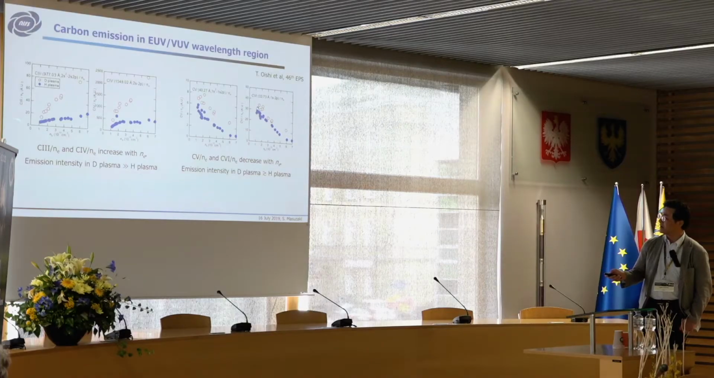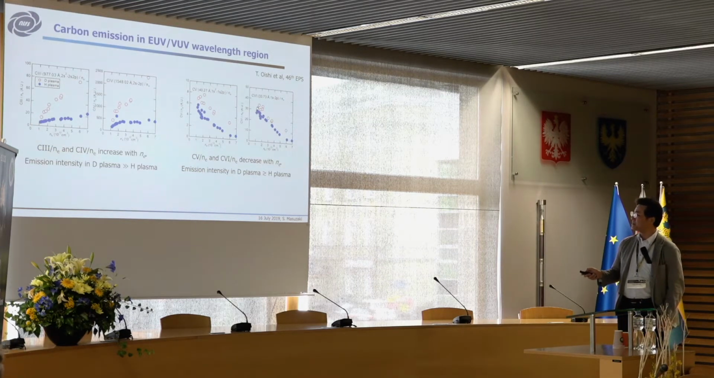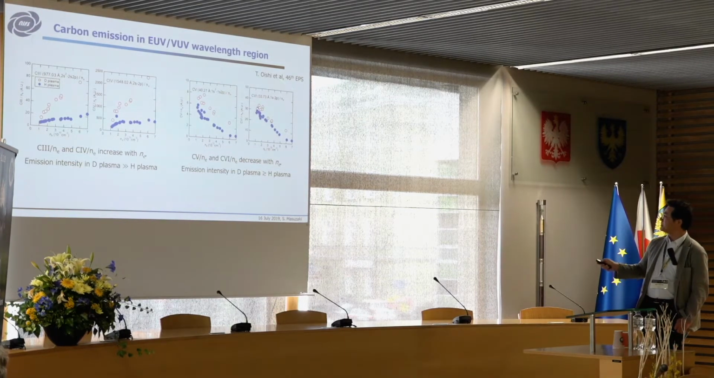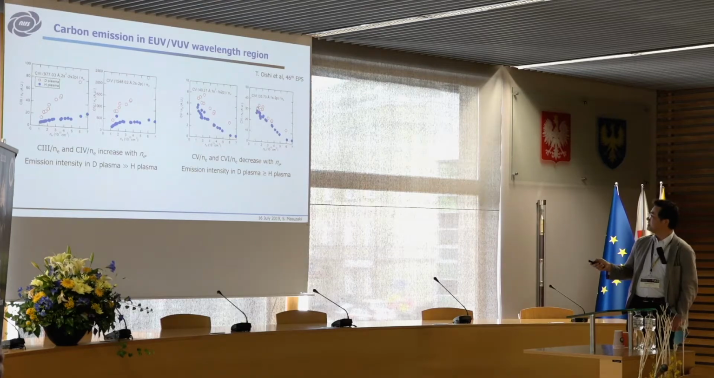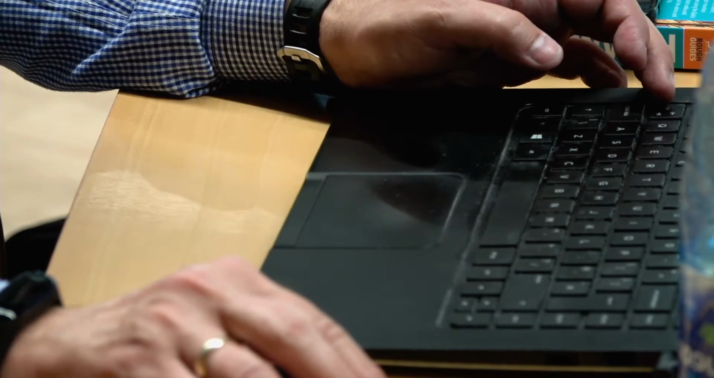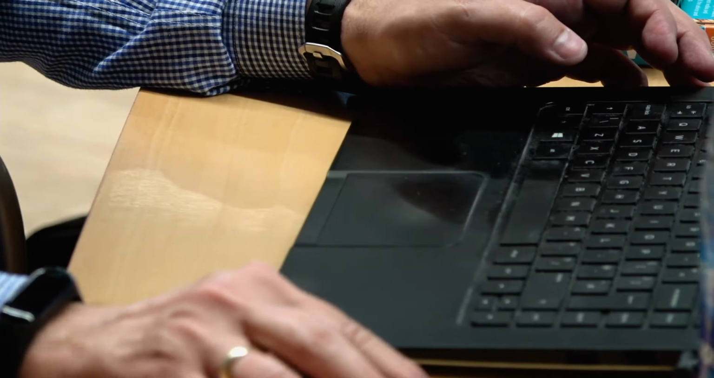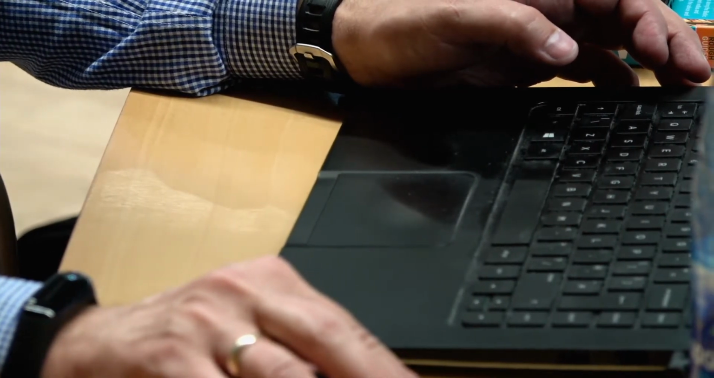So the last topic is impurity transport in H plasma. So this is again the carbon 3 and carbon 4 intensity against line average density. We observe a large, strong line intensity for the deuterium case. And this part is carbon 5 and carbon 6. In this case also the deuterium intensity is high, but the density dependence is very different from C3 and C4. So this is because of